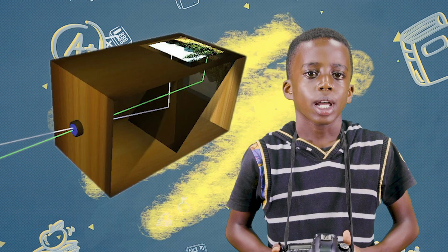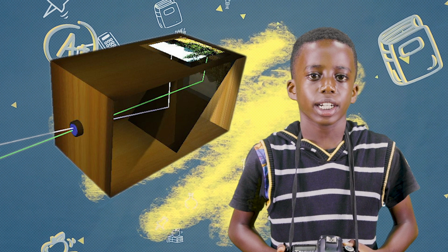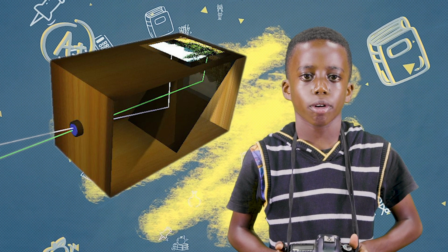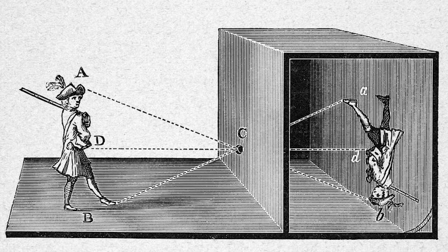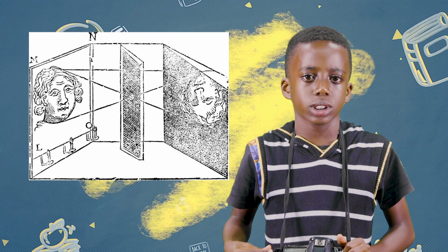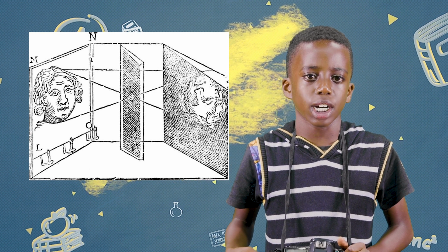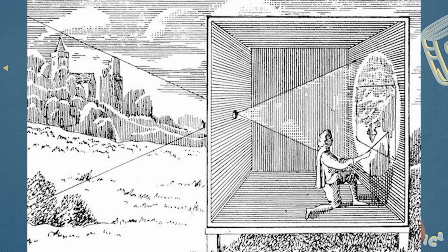Let me explain. By making a room or a box completely dark and only letting a tiny amount of light in through a very small hole, the small hole limits the amount of light that can enter a very dark box, meaning only the light rays that are traveling in a straight line directly from different points of the object can enter. The image is very dim because the pinhole is very small, which is why you need to keep the room as dark as possible. The object is upside down because light travels in straight lines.